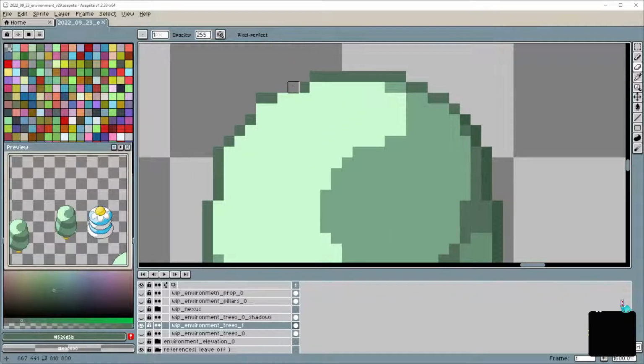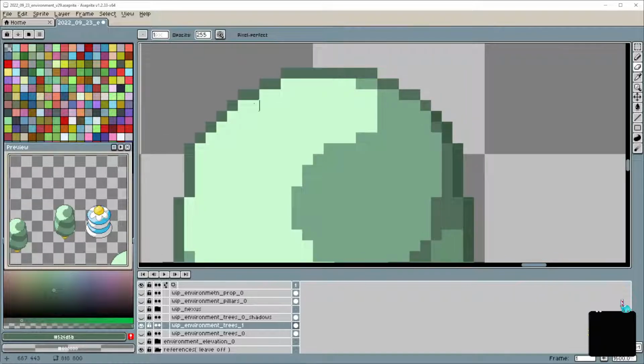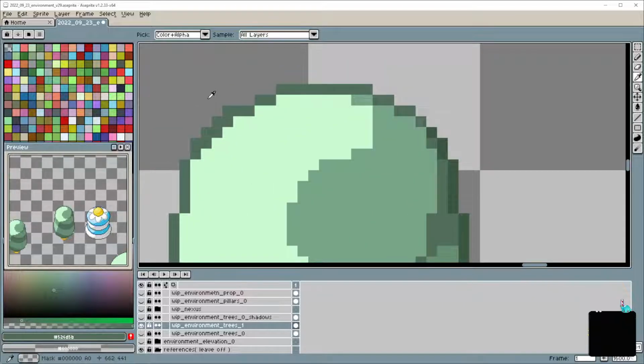Okay, so let's see. So this one will go two over, one down. This one should go up, then over. How did that not line up?